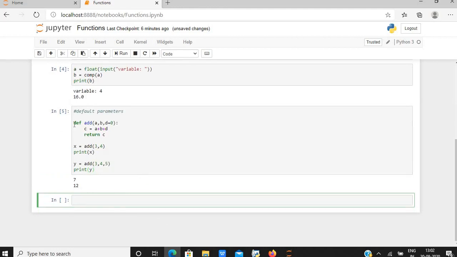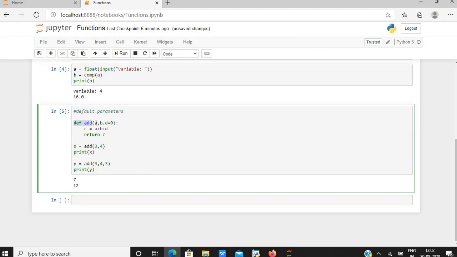So basically, here I have defined a function and these are my parameters that are defined in the parentheses given beside the function. I have taken variable c where I'll sum up a plus b plus d. I have by default taken d to be 0 and I'm returning c. Now when I'm calling the function, I'm only giving the values 3 and 4, that is a and b.